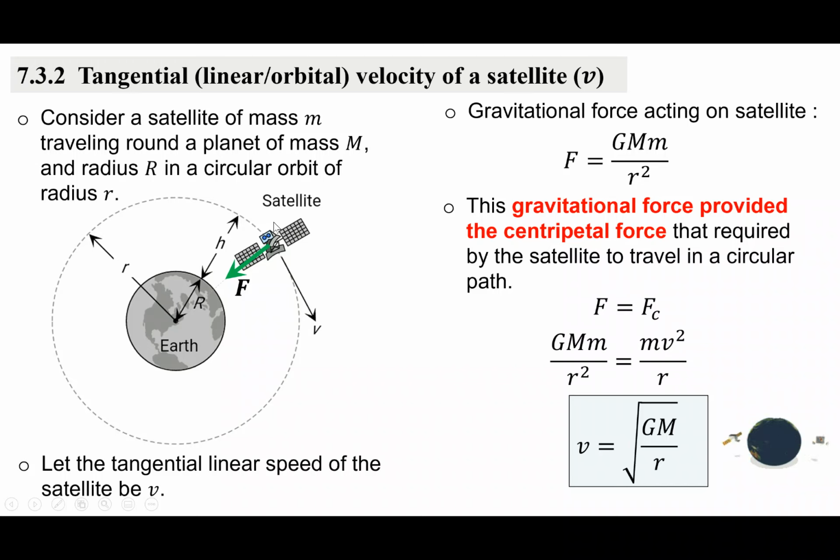So apa yang menyebabkan dia boleh bergerak dalam keadaan circular motion adalah disebabkan oleh gravitational force. So basically gravitational force lah yang provide centripetal force which acting towards the center of the earth. So when we equalize these two equations, centripetal force dan juga gravitational force, so you end up. Okay, so dekat sini, ini adalah mass, m kecil ni mass of you punya satellite. M besar ni adalah mass of the planet ataupun mass of the earth. So, mass of the satellite you could cancel. So, you will end up velocity